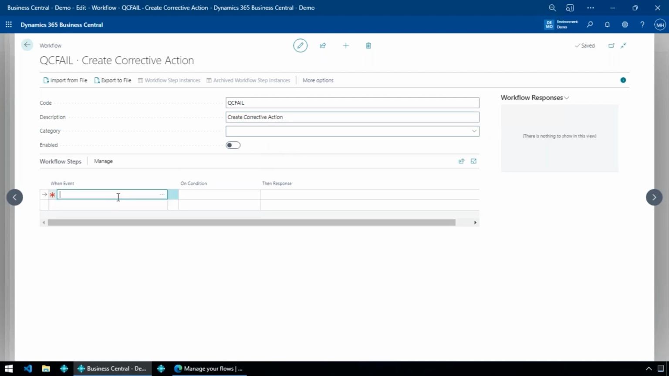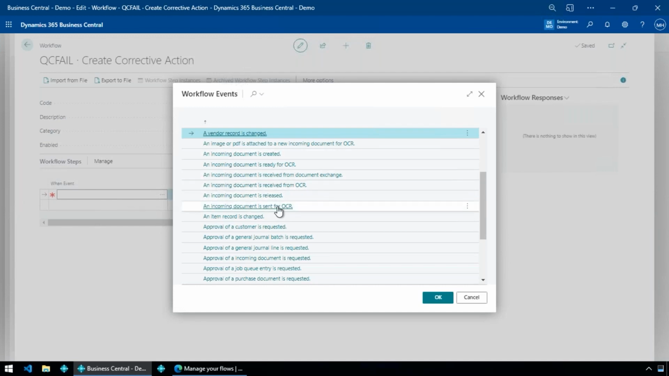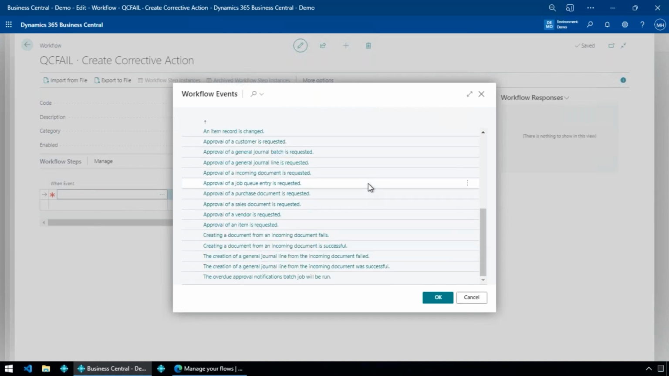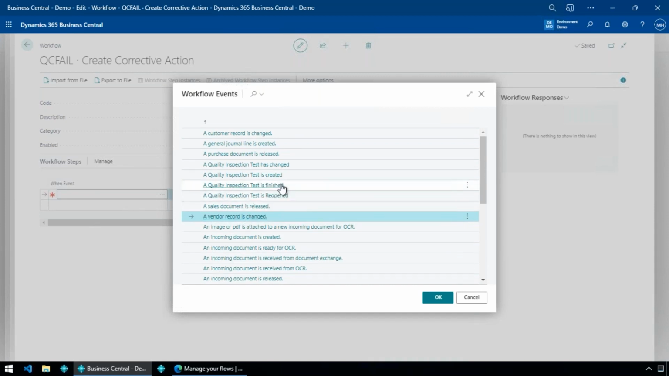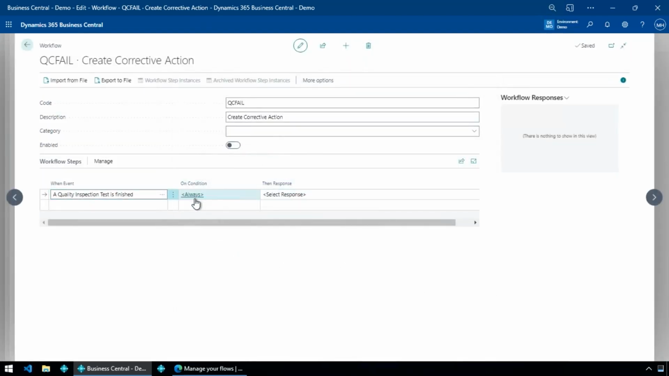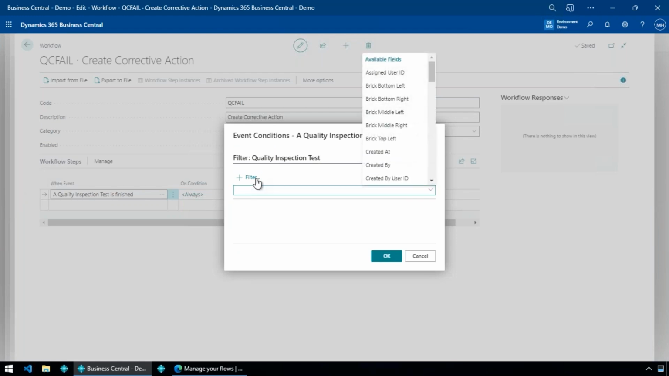And then what I'm going to do is say, when something happens, we're going to do something else. It's a workflow. That's what it does. And you'll notice up above me, we've got all of these things for the quality inspection module. So I can say, when a quality inspection test is finished, right? So that's my event. And then I'm going to say, when the grade code,